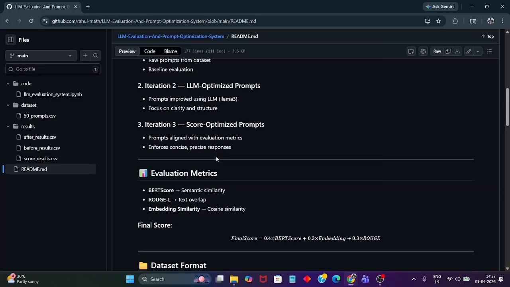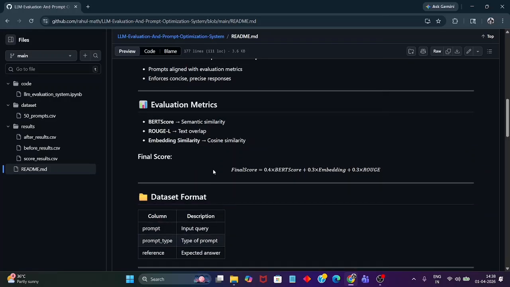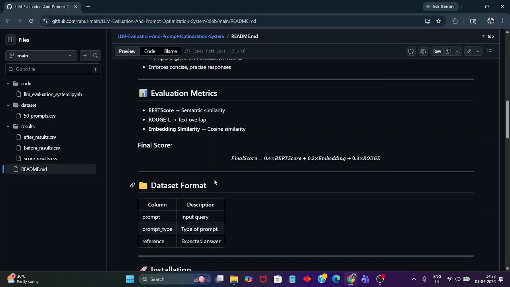Here we are using the evaluation metrics: BERTScore, ROUGE, and embedding similarity. We are using BERTScore because it compares the meaning between the response and the reference using transformer embeddings, which works even if the wording is different. For example, the two words car and vehicle are still similar. Next, we are using ROUGE, which measures the common sequences of words, and it ensures that there are important keywords in the generated response.